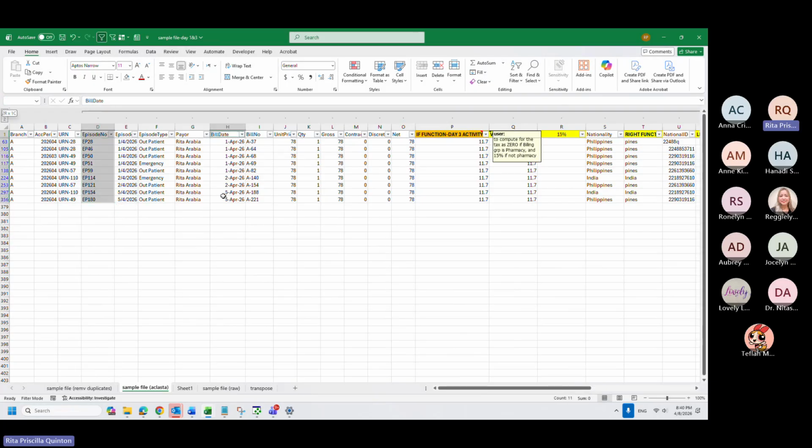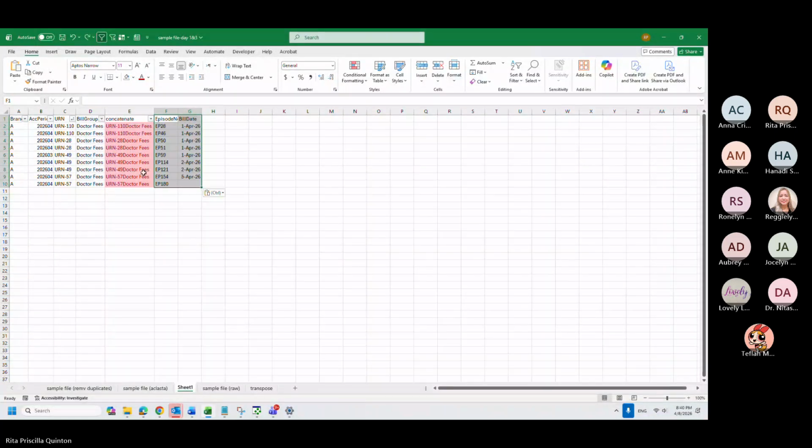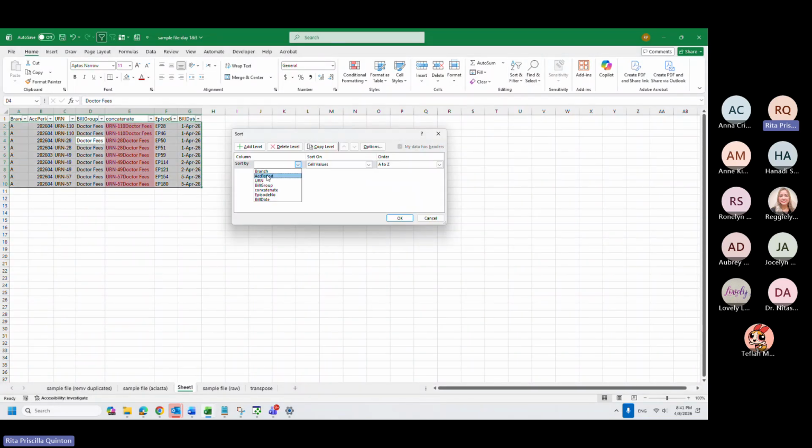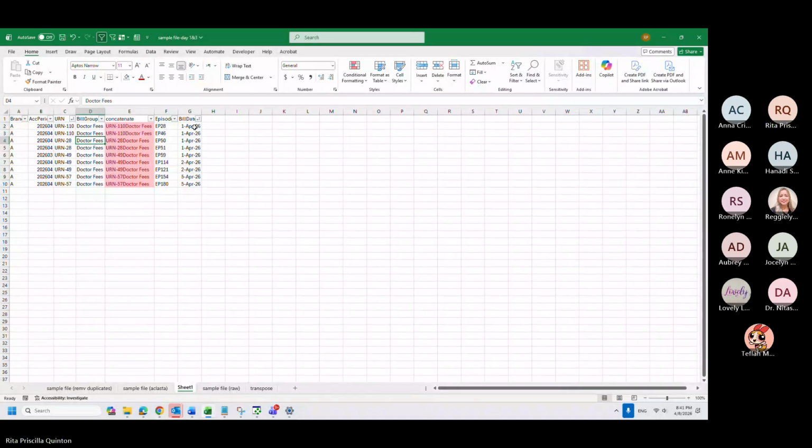Now I want to sort by patient, the episode also, and of course the date. Using custom sort, I will sort them by the URN and add level, then by bill date. Now this will show me that for URN 110, these are the dates that he had doctor fees.